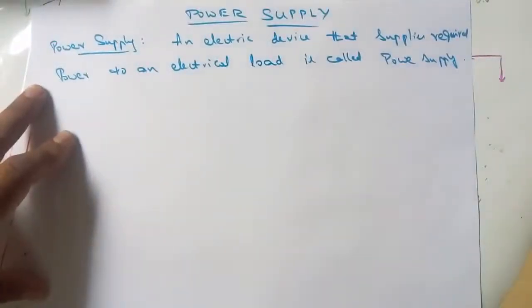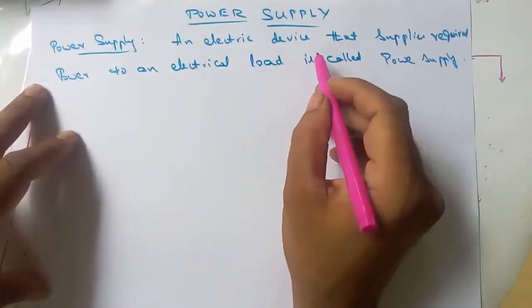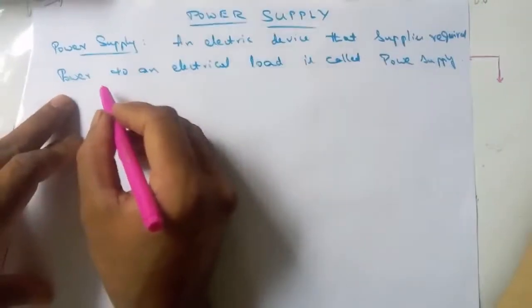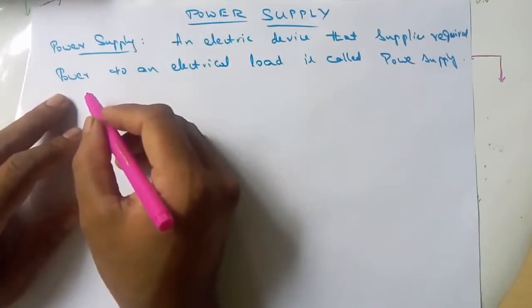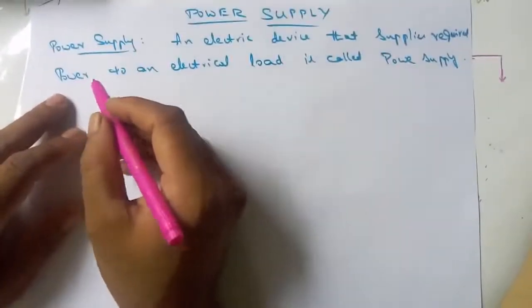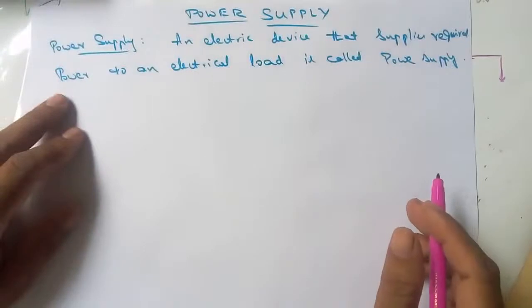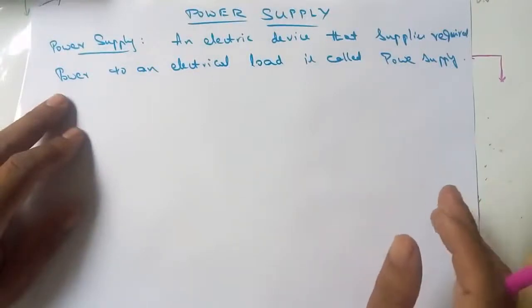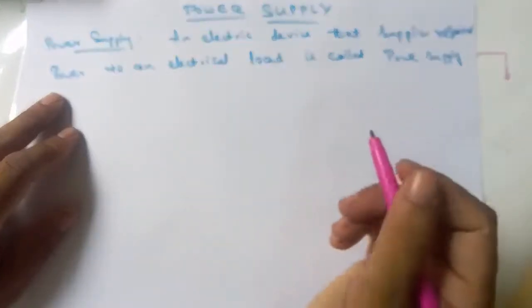Understand? So what is power supply? It is an electronic device. What is its working? It supplies required power. What power do we need? For example, for our battery charging, we need power, that means voltage into current. Voltage, how much do we need? 4.5 volts. Current, 500 milliamperes. So 500 milliamperes into 4.5 volts, that is the power. That power we require is given by the power supply, that is the charger giving the required power supply for charging our battery, right?